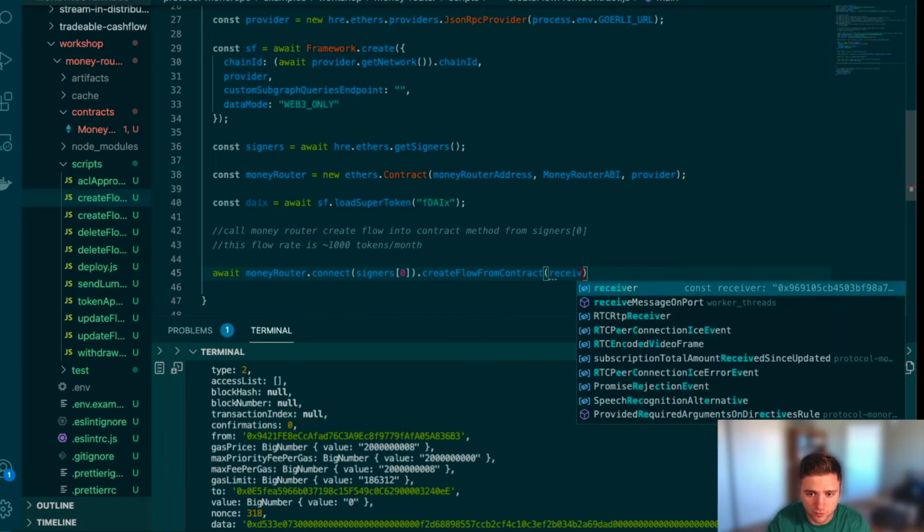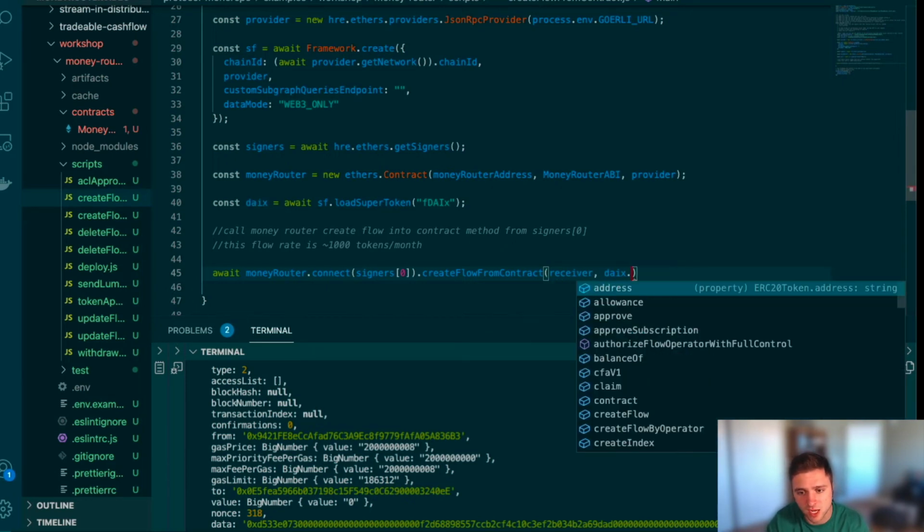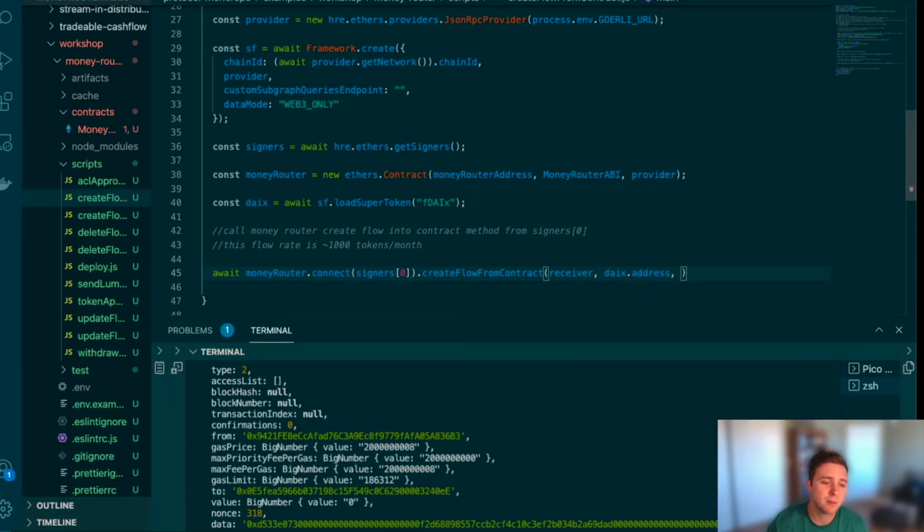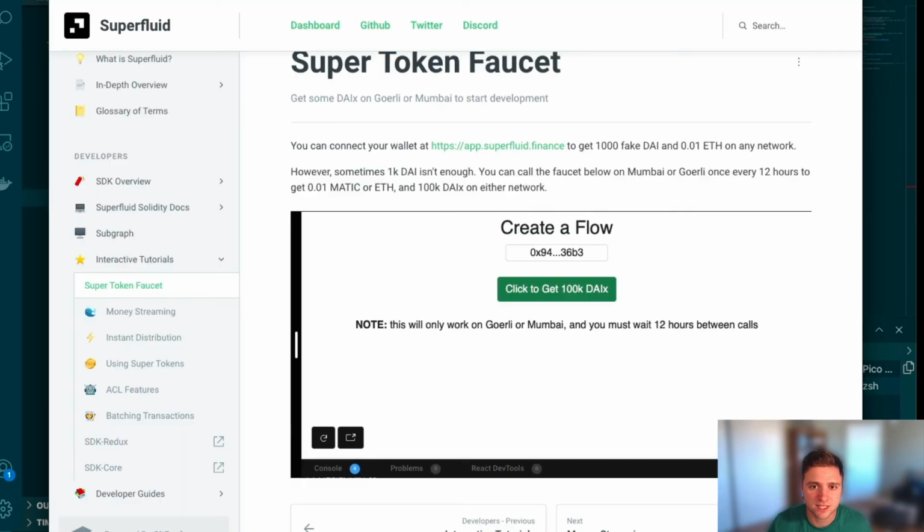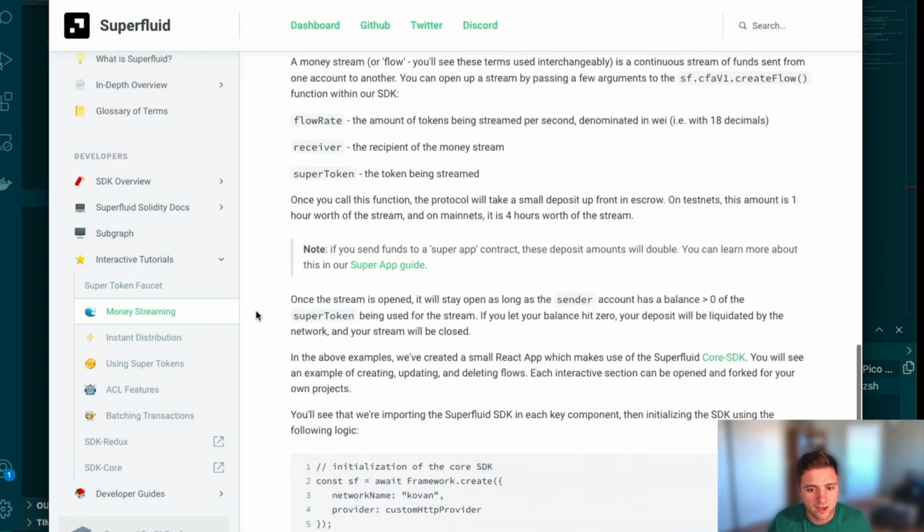token. Oh, let me make sure I spell that right. Token, which is just going to be DAI-X.address. Then we need to pass in a flow rate. Okay, so the flow rate, in the case of this call, we'll pass it in as a string, right? Because it is effectively just a number. It's an int96 value. And what we need to do is pass in an amount per second in wei. So if you want a shortcut for calculating monthly amounts for streams, we once again can go to our docs, and inside of the money streaming section, all the way at the bottom,